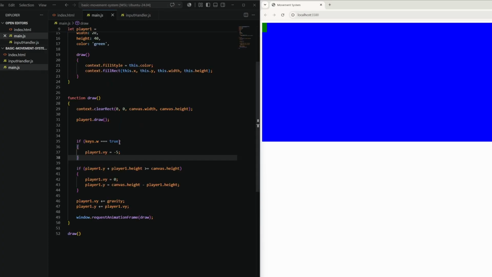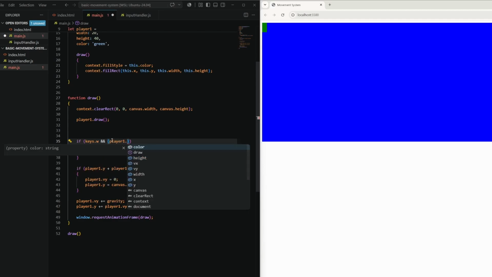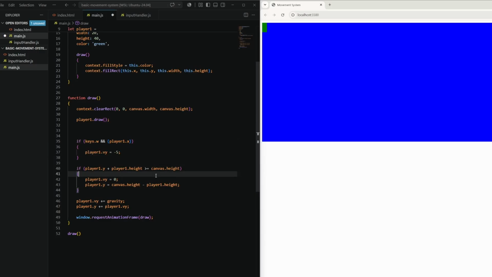Let's just check if it's on the ground first. You know what? We don't even have to do equals true. We just do if keys.true. This will just by default check if it's true, and then we'll do and, let's do brackets, and we'll check if it's on the ground. So, and player1 dot